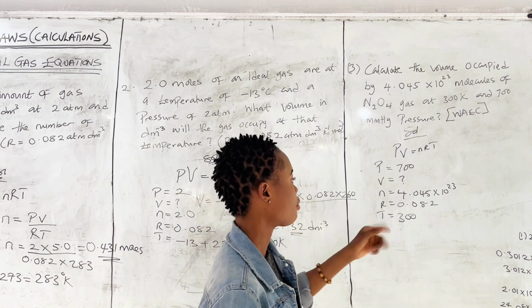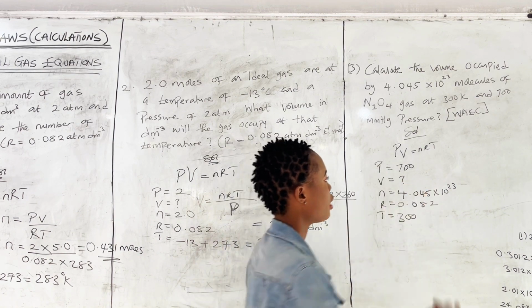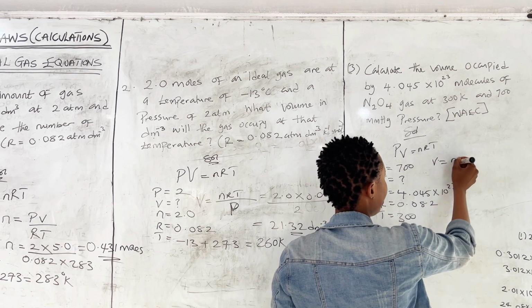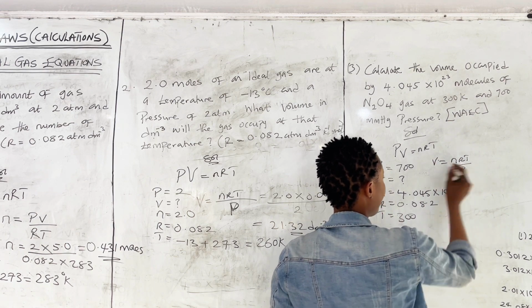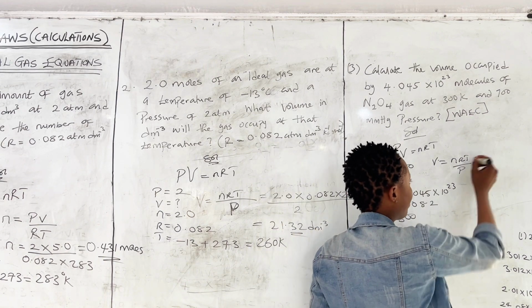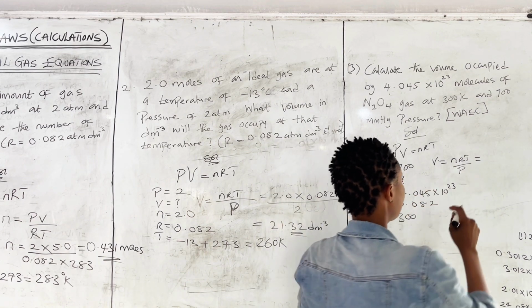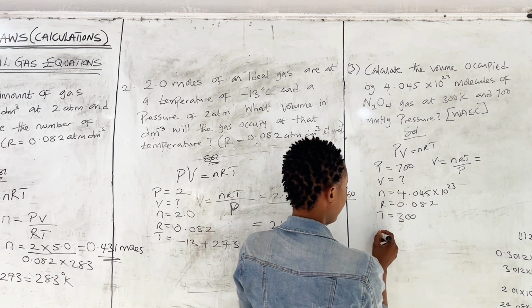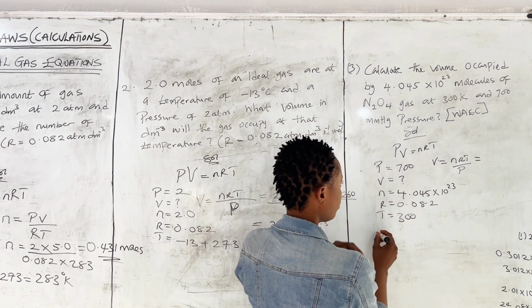Now that we have done that, we can make V the subject of the formula. So V is equal to nRT over P. Remember, the one that is attached goes under. Once we have done this, we can substitute our values. I think we have to come down, so let's come down. From this formula, n is